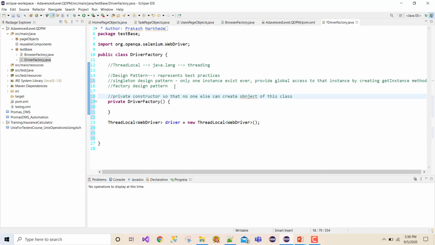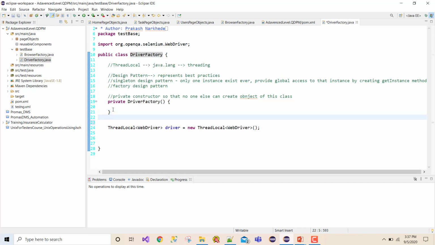Okay, I created a private constructor. Great. Now, what I said is we should create a method to provide global access, right? And I'm going to create a method called get instance. But what instance? Instance of my current class, right? So in order to get the instance of the current class, I should create a static reference, and that is what I am going to do now.